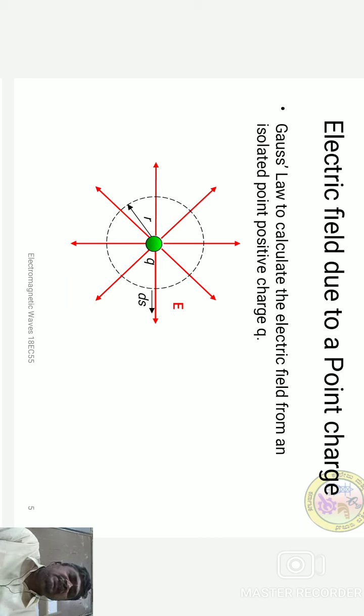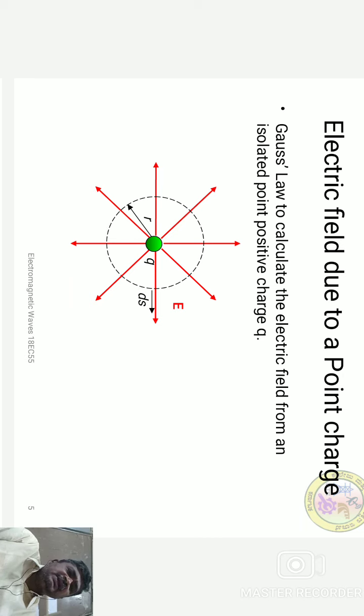Why have I considered a sphere? Because a sphere follows the rule of symmetry. From the charge Q, the distance r to any point on the surface is the same. You can choose any point on the surface of the sphere, and it is the same. That is why it is called symmetry, and that is why we have chosen a sphere. And now, what is ds? ds is the small area which has been considered. It is also called the area vector.